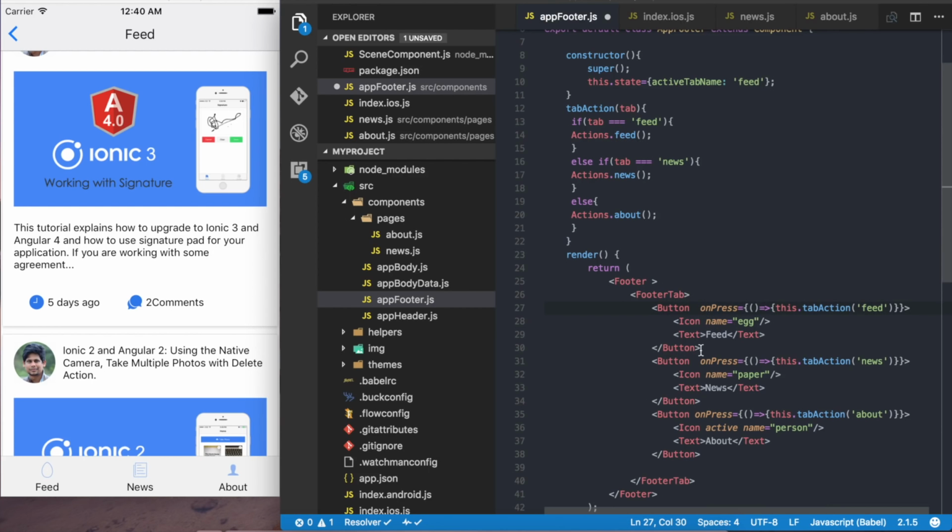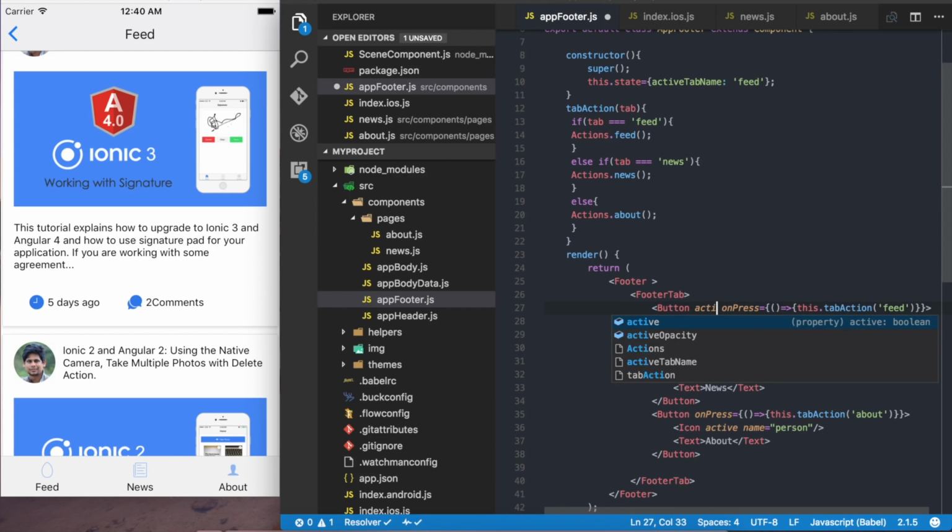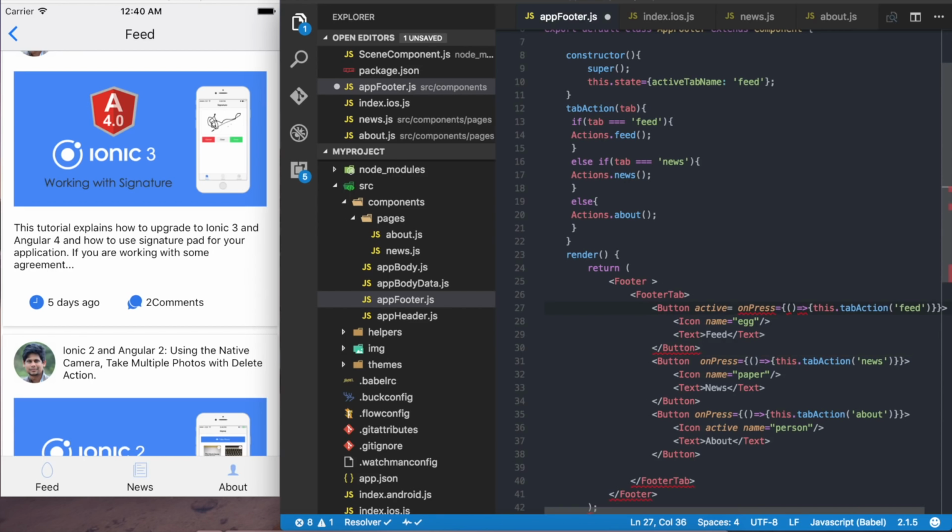Now, we need to make the active tab true, whenever it's equal to this. So anyway, this is active, and here I'm going to link it up with the state. I'm going to write this.state.activeTabName equal to, let me close this,